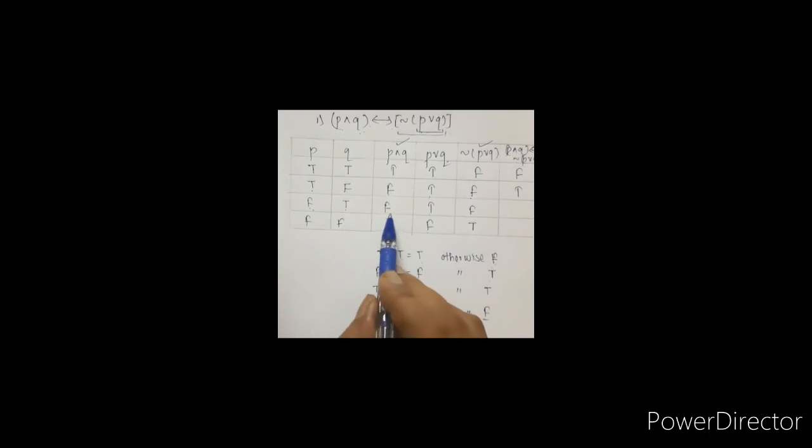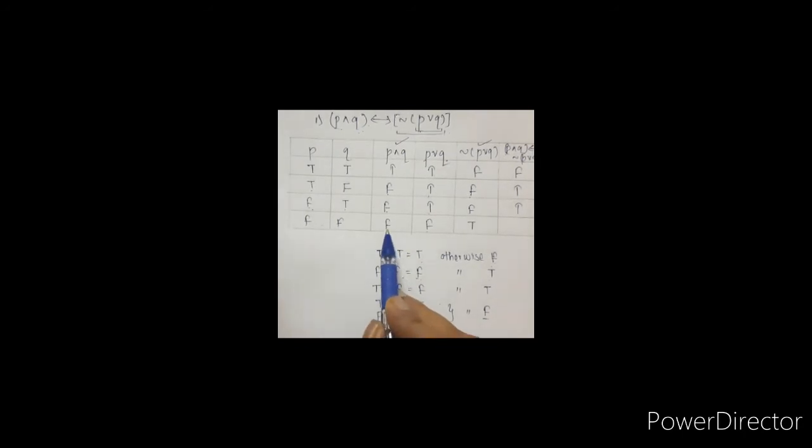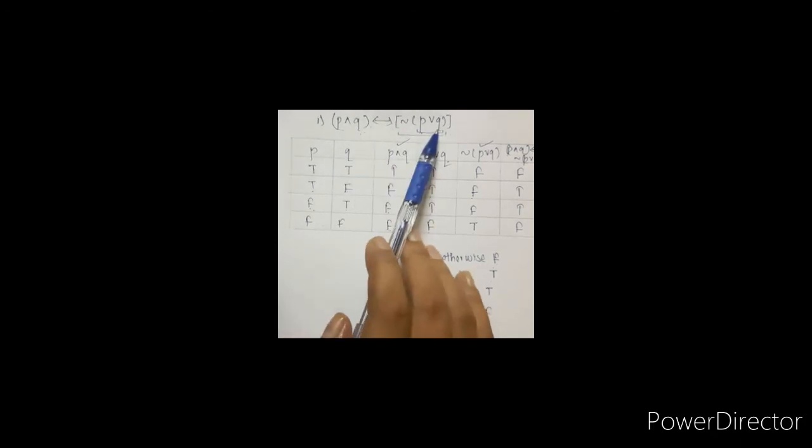Now both are false, so it is going to be a true compound statement. Now the third one, both are false, so again this is going to be true. In the last case we have first false and second true, so it is going to be a false compound statement. Okay, so what we have done here is just combine two compound statements using another connective, that is nothing but a proposition.